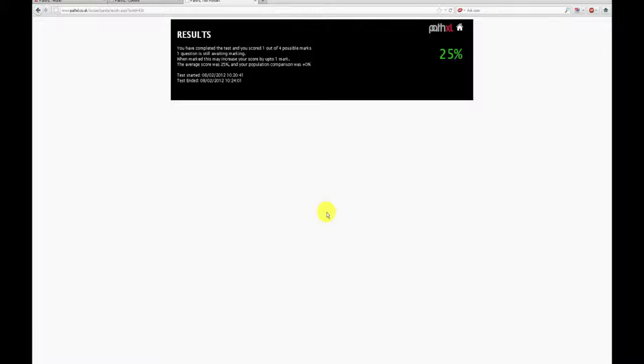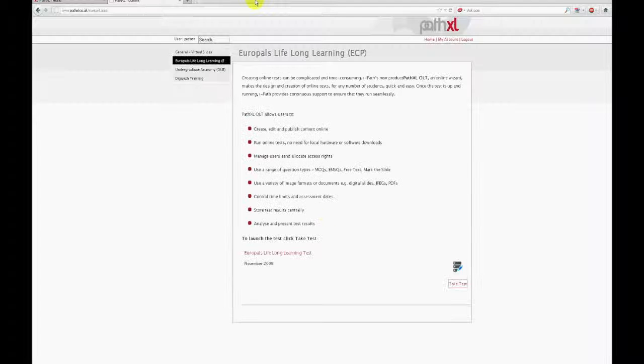In this example, you might also be able to see that one question is still awaiting marking. That is the free text question. Other information in the panel describes the date the test started and the date the test ended. This result report is completely configurable. You can choose to provide the student with the mark, as you can see here. Alternatively, you can choose to provide the student with all of the questions, all of the correct answers, and specific feedback on each of the individual questions and why